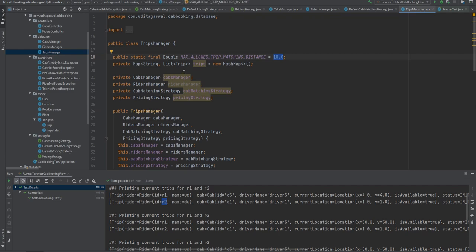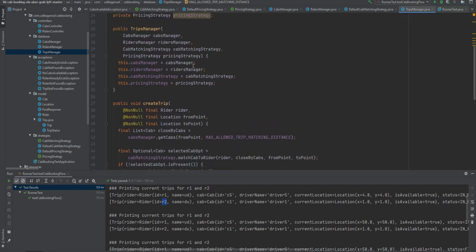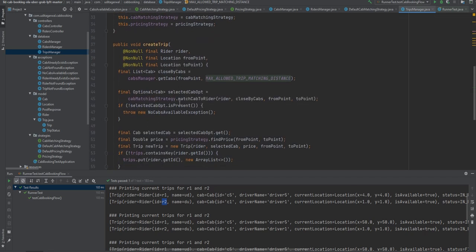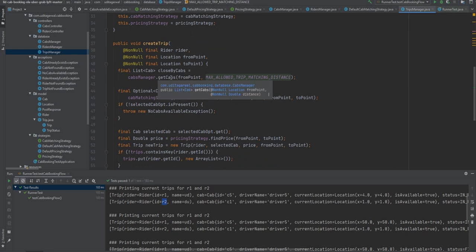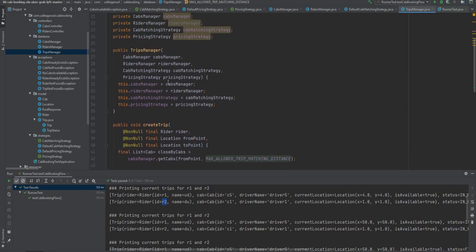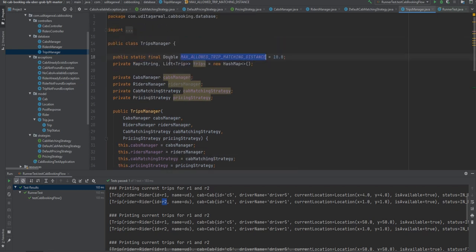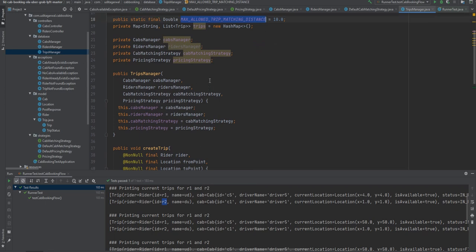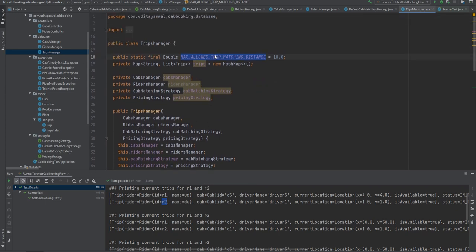The trips manager, if I look at it, is actually not handling a single responsibility. The trips manager was meant to only cater to trips management. But as you can see, it has some logic around the maximum distance that we have to look for cabs, right? That kind of thing is not making it single responsible. It has some more responsibilities, though those are very small right now. But the single responsibility principle is not being adhered to by this class, which can be improved. This logic can be taken out of it.